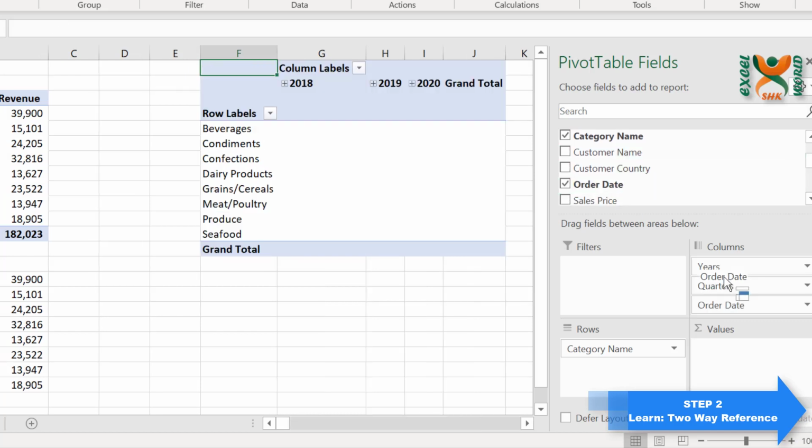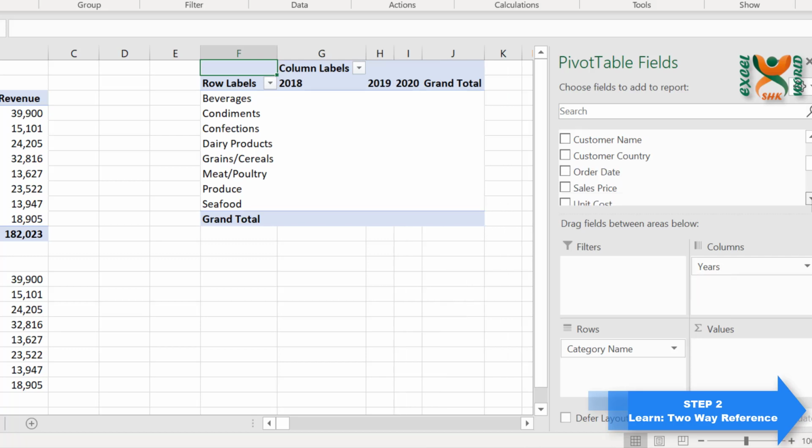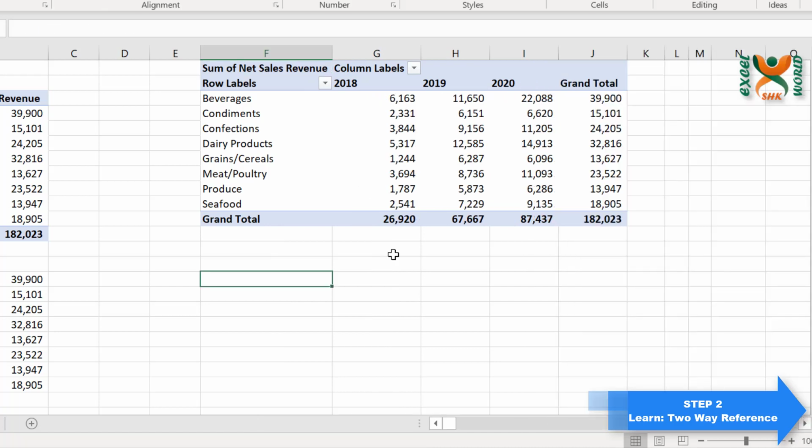So as soon as it has been generated, the grouping has been done. We just remove the quarters and the order date. We just need the years, and obviously we need the net sales revenue in the values area. Now we are going to repeat the same formula we did in our previous exercise. Press equal to